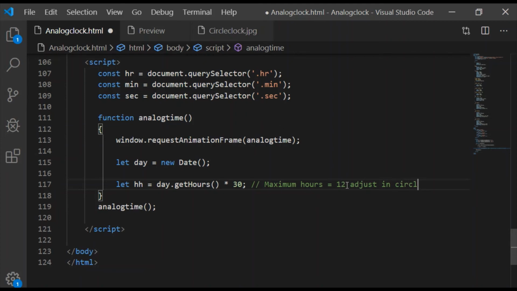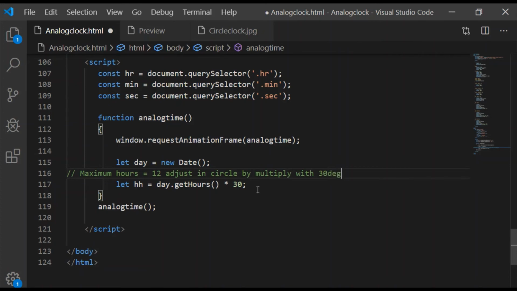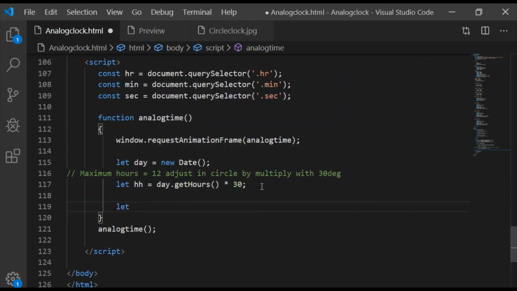So when we multiply the hours by 30, if the maximum value of hour is 12, it becomes 360 degrees. That is, it will represent 12 o'clock. Hence we will get the hours and multiply by 30, as the hour maximum value is 12.